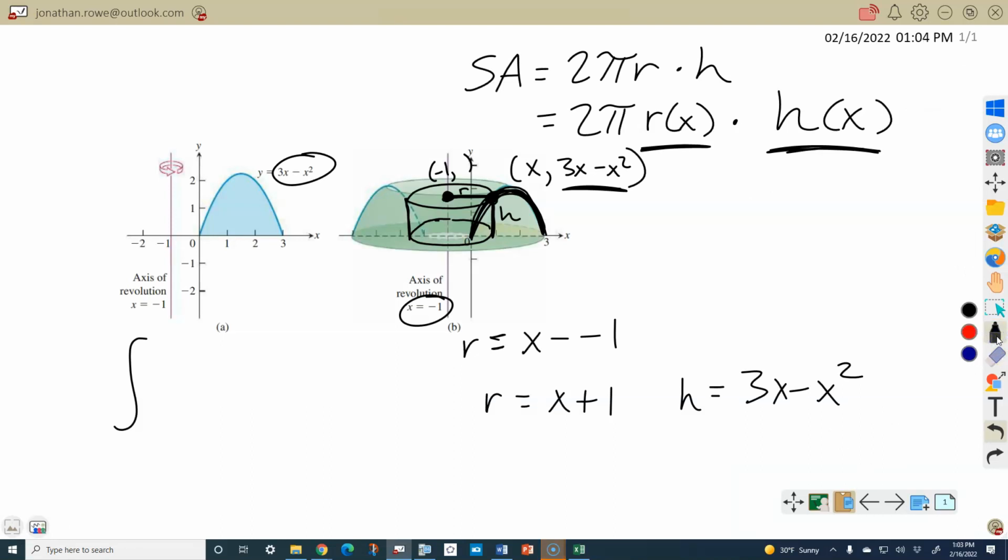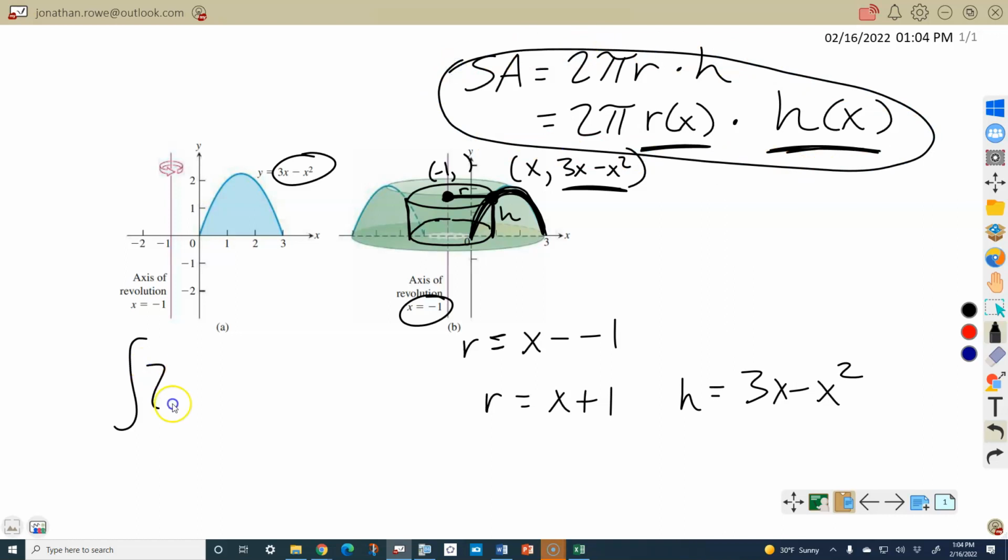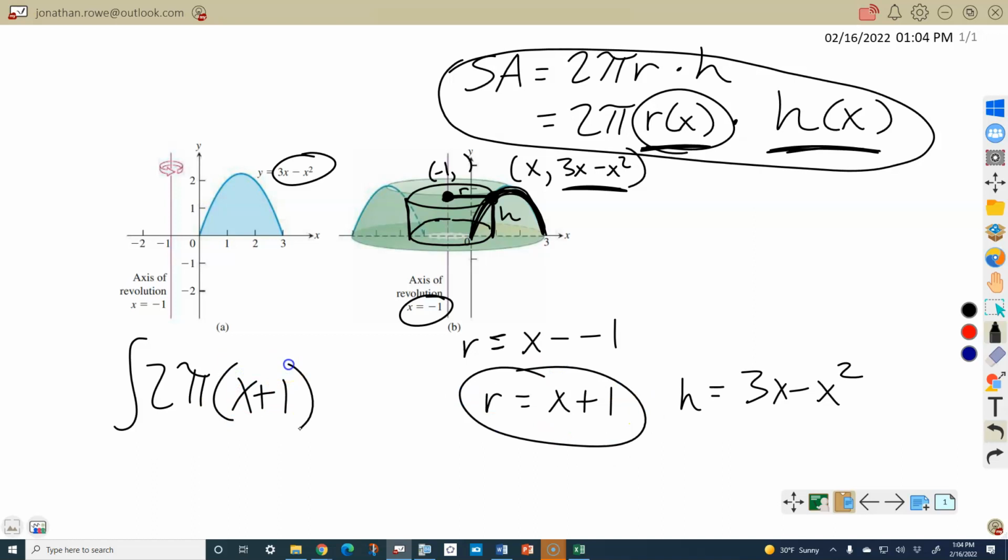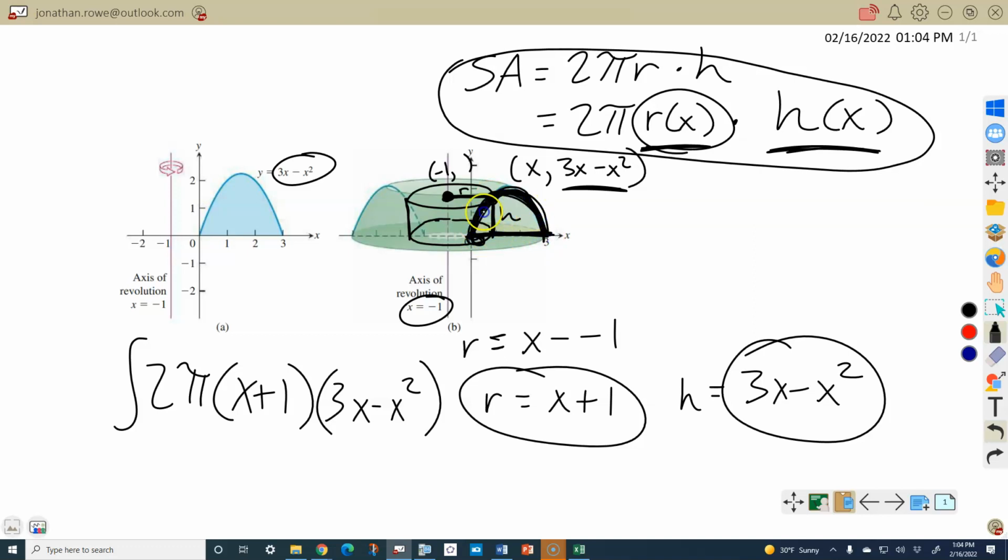All right, we're integrating this whole thing right here, but all in terms of x. The integral is going to be 2 pi times r of x. R of x is this. 2 pi times x plus 1 times h in terms of x, which is this right here. So times 3x minus x squared. And we're integrating that beginning here throughout where that parabola stops